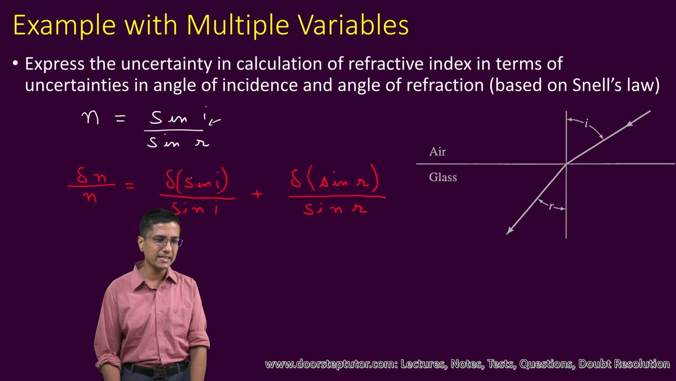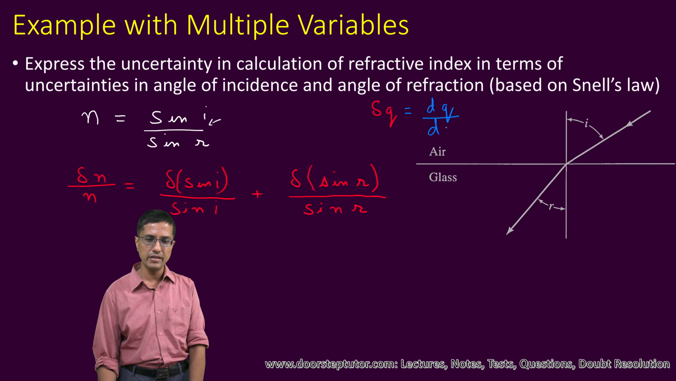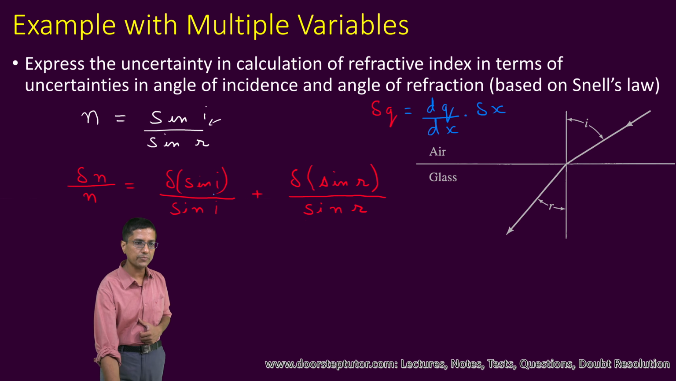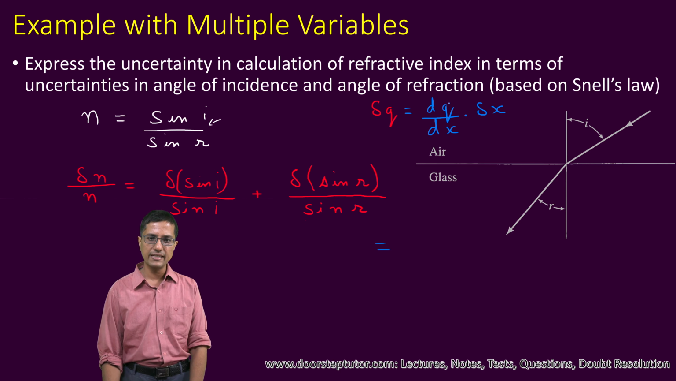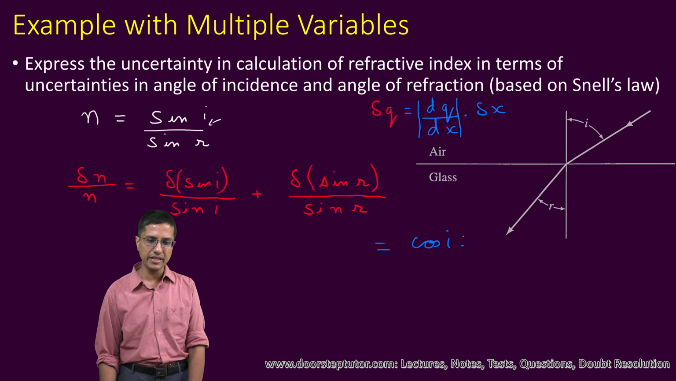Now we have to express this delta sin I in terms of delta I. So for that we use our formula that delta Q is nothing but dq by dx multiplied with delta x, the error in x. So that's what we will use here. Delta sin I is nothing but differentiation of sin I with respect to I multiplied by delta I. So differentiation of sin I is actually, we are only interested in the magnitudes, so the magnitude is just cos I, multiplied with delta x, which in our case is delta I, and we divide it by sin I,